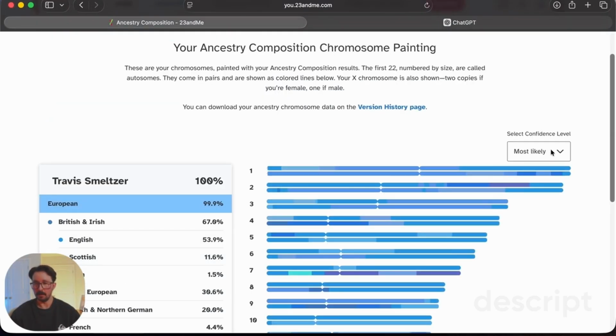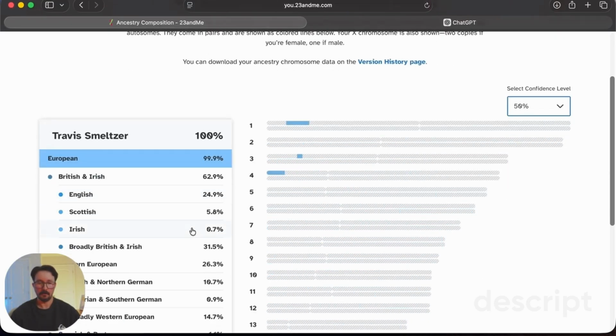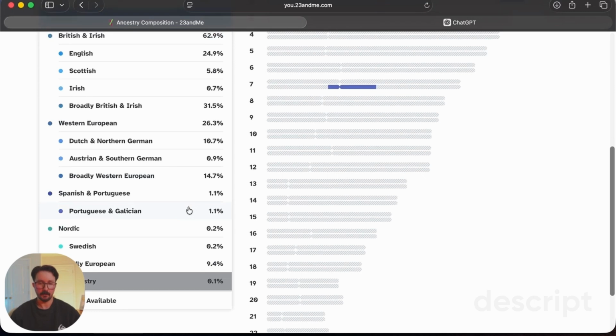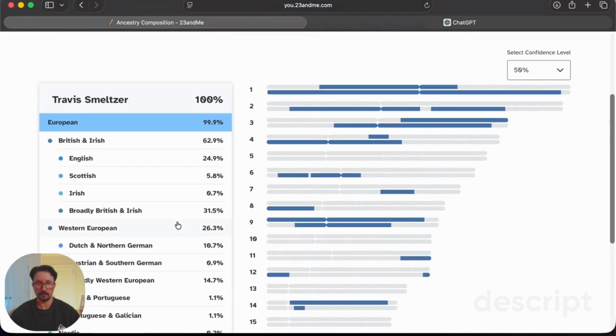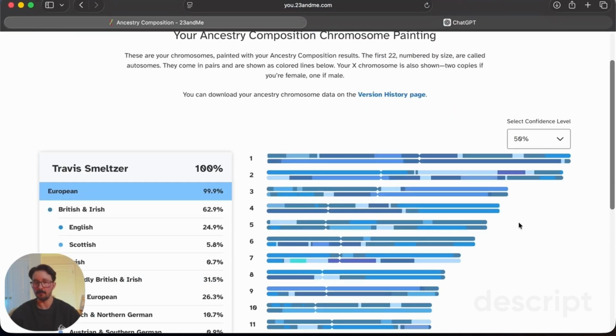However, this is most likely, and if we go over here to 50% confidence, that is pretty similar. So nothing really has changed. That trace ancestry for me, the Western North American, Native American still stands. But again, we're dealing with 50% confidence. That's a guess, coin flip, right? But it's fun to look at. It's fun to kind of guess these things, but ultimately it's not really something that you can solidly claim